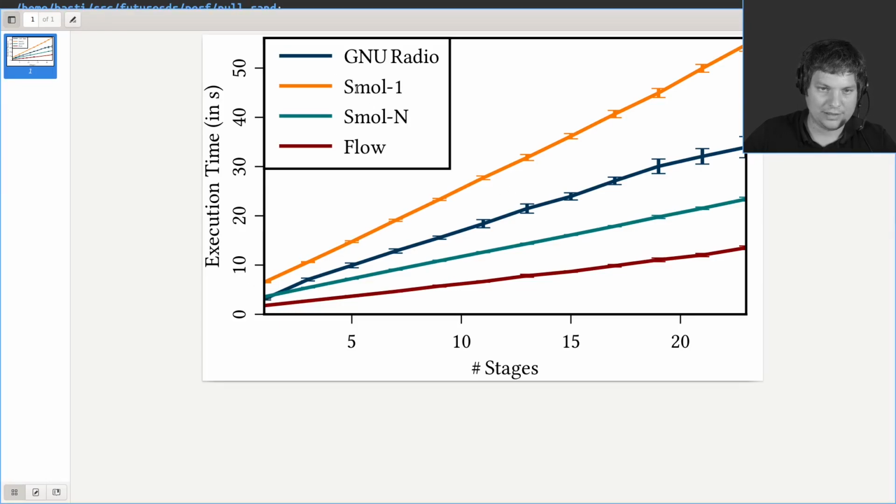And yeah, so with FutureSDR, we first have the small one. This is the single-threaded scheduler, so it has the worst performance. Then small n, which is the default scheduler, which spawns async workers corresponding to the number of cores available to the process, and doesn't pin them, so they can float around in theory. And this is already doing quite well, let's say.